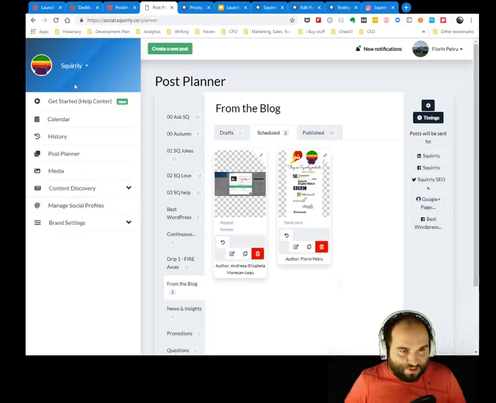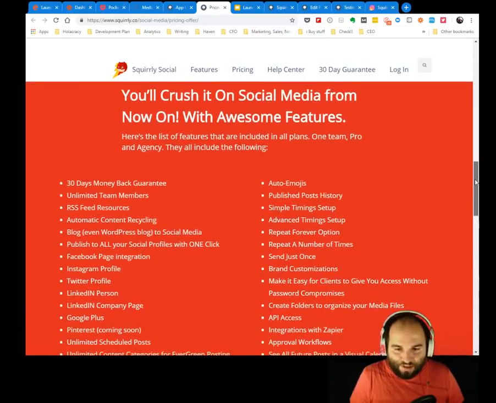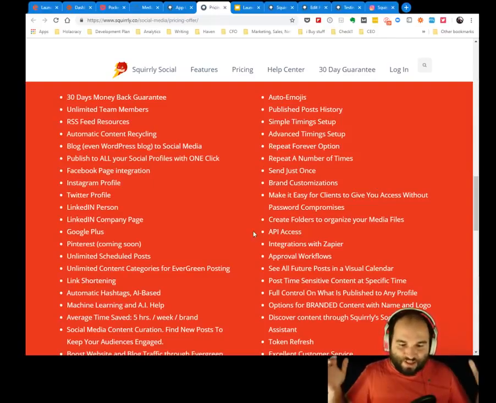Now, this is the thing that I really like using, so I'm gonna go to the network. You can also check out the features that we have. There are a lot of features like auto emojis, simple timings, advanced timings, repeat options, brand customizations. You can even do watermarking on your pictures. There's a lot of crazy stuff, like even link shortening, auto